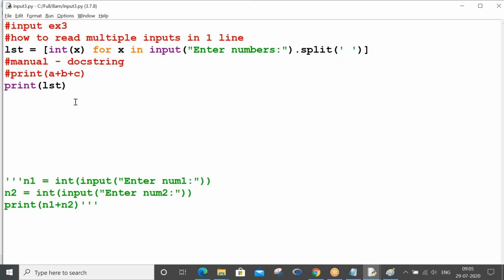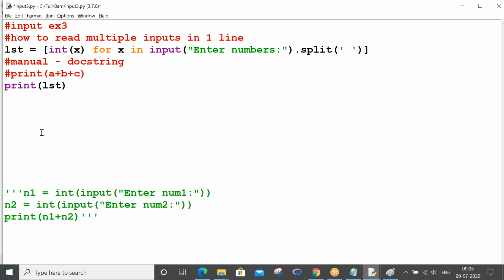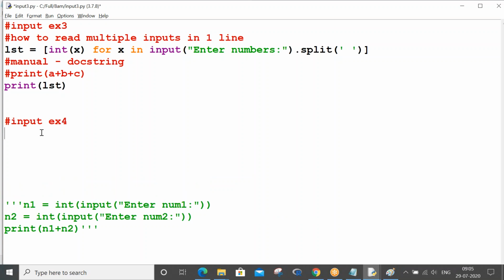Okay, right. So with this I will pause input. One last simple program I will show. You take this program, and here I will show input ex4. One last program, a one-liner only. ex is equal to eval of input of 'enter your expression'.